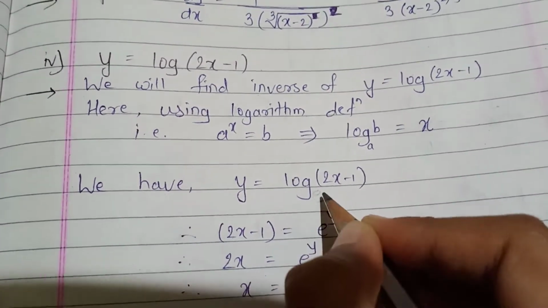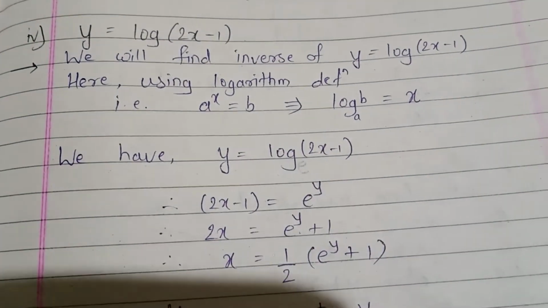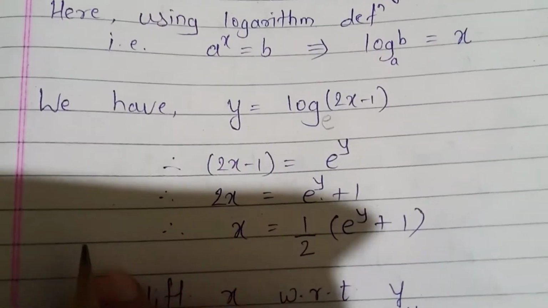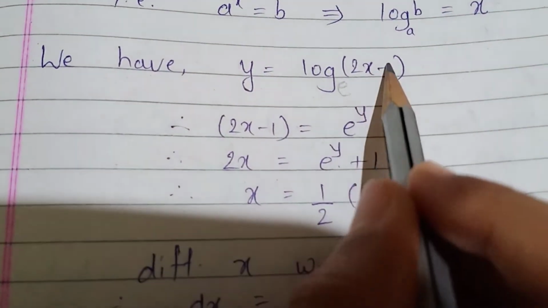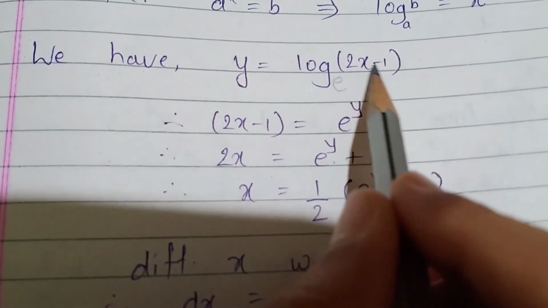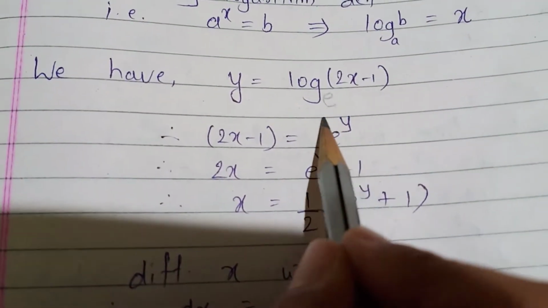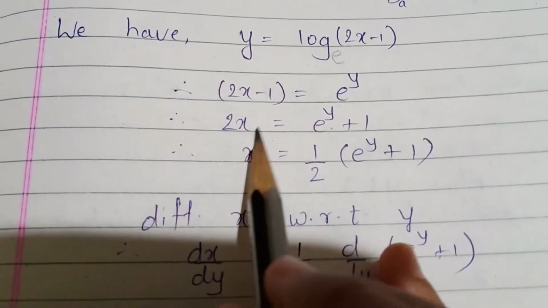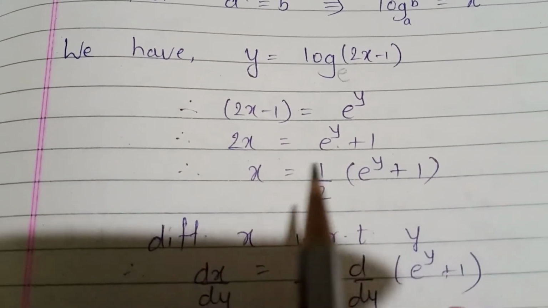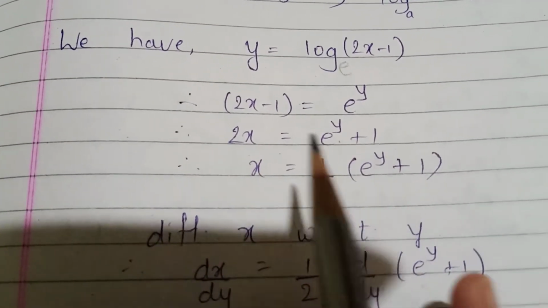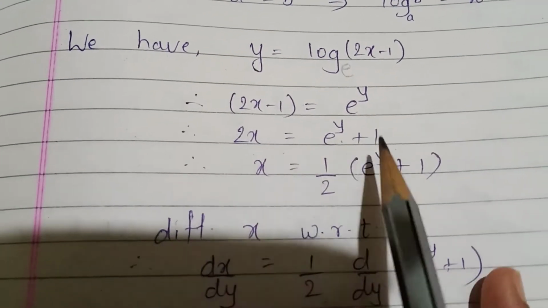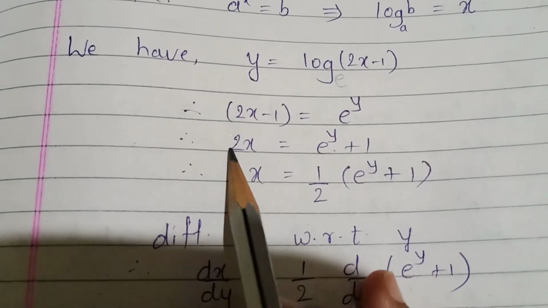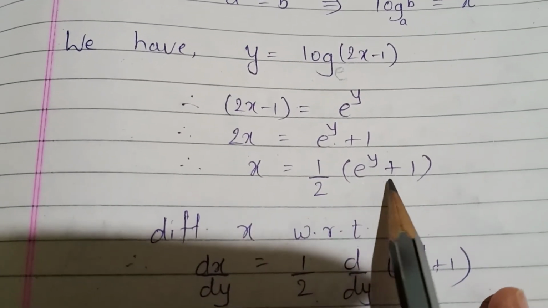Okay, when there is no base, it is e. So this is log of (2x minus 1) to the base e. So to find the inverse function, we will write this as, this is the b part, right, using the definition. So 2x minus 1 as it is equals base raised to y. So e raised to y it is. Now we want the function as x only in the form of y. So we'll take this to this side. And first of all this minus 1 that side. So 2x is equal to e raised to y plus 1 it is. And then x is equal to this 2 down. So 1 upon 2 (e raised to y plus 1) in bracket.